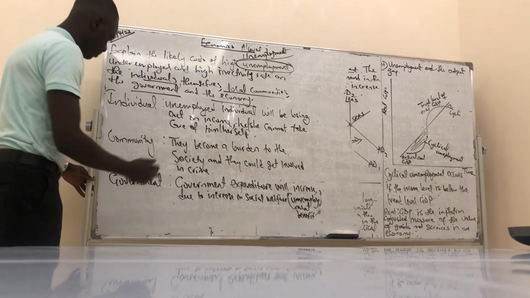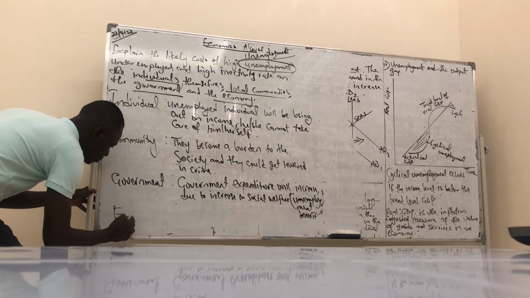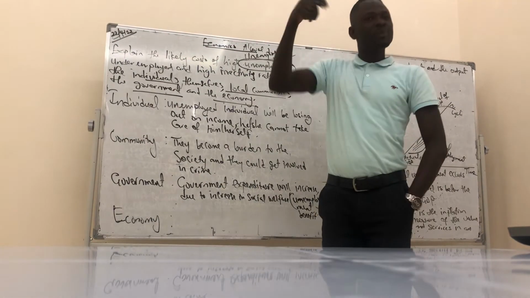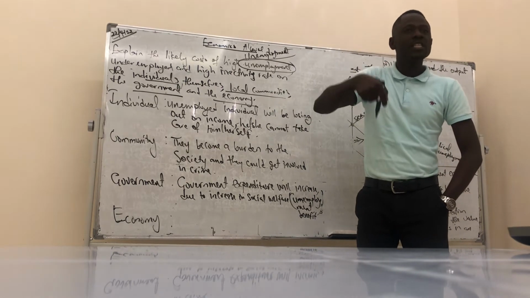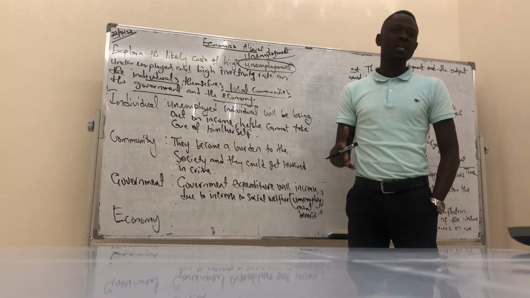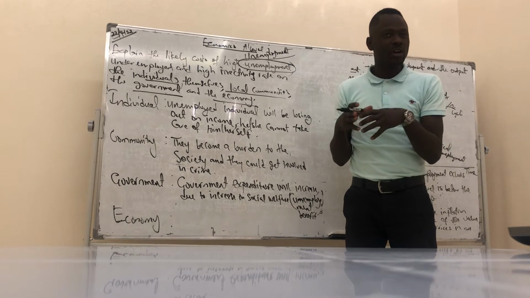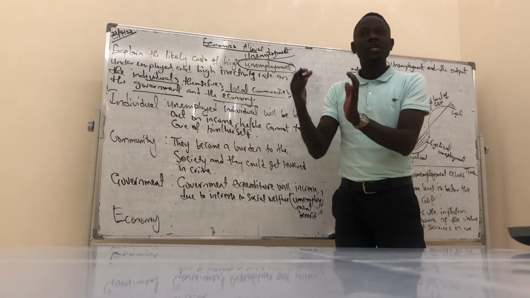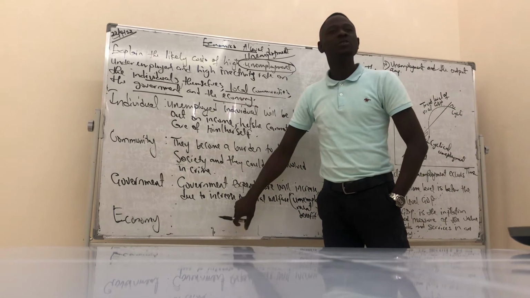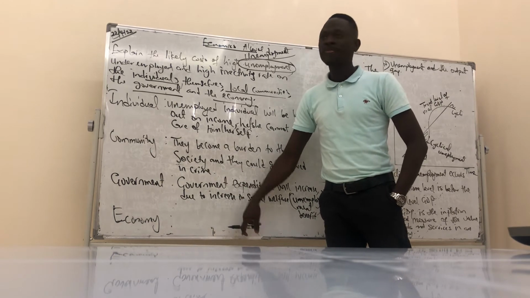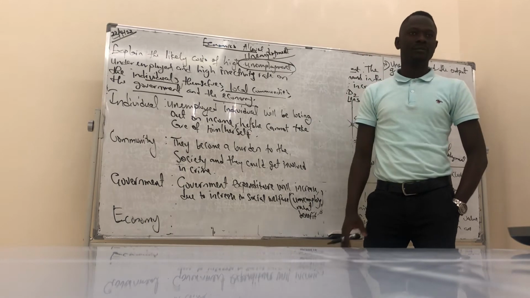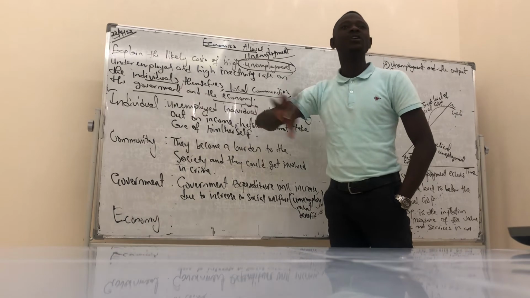Now to the economy. When individuals are unemployed, it means in that economy they cannot reach their potential. If there is unemployment in the economy, the economy cannot reach full capacity because some people are not working. So whatever output is being produced is not at the highest potential, because some resources are underutilized. Unemployment means resources are underutilized.